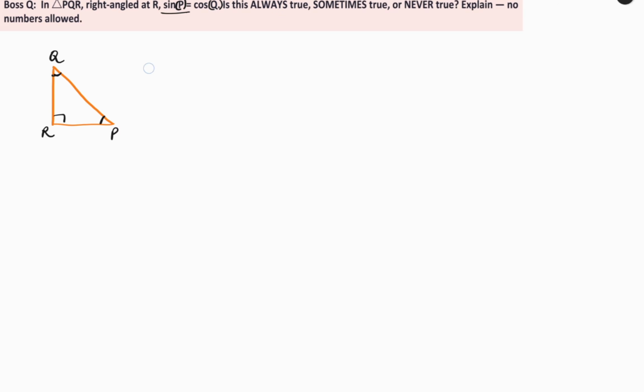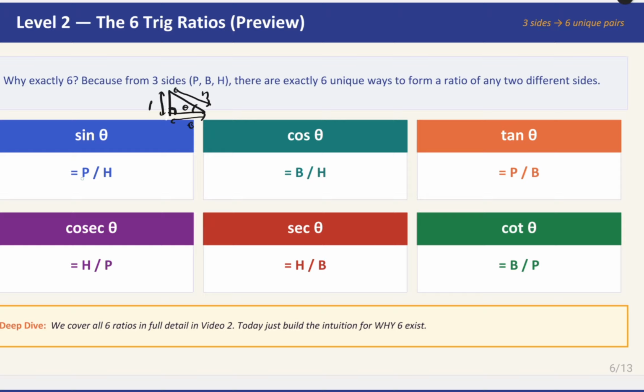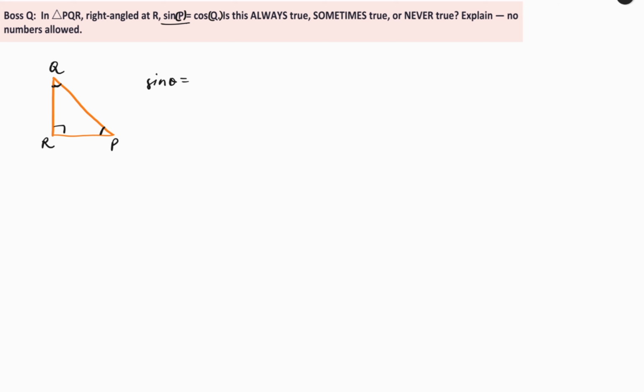So हमने sin P का फॉर्मूला, हमने वैसे ये जो फॉर्मूले पढ़े ट्रिग्नोमेट्री के, you should learn them by heart first of all. ओके, अब उस फॉर्मूले से sin थीटा का फॉर्मूला क्या था? First tell me. Sin theta is equal to perpendicular divided by hypotenuse, right? Now sin theta is equal to perpendicular divided by hypotenuse. Okay, now sin P it has written, right? So sin P, so we are talking about this angle right now.